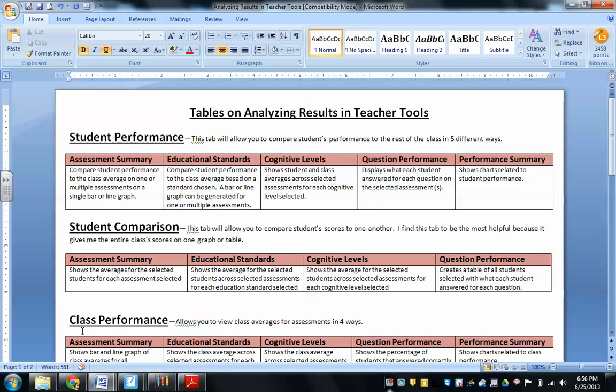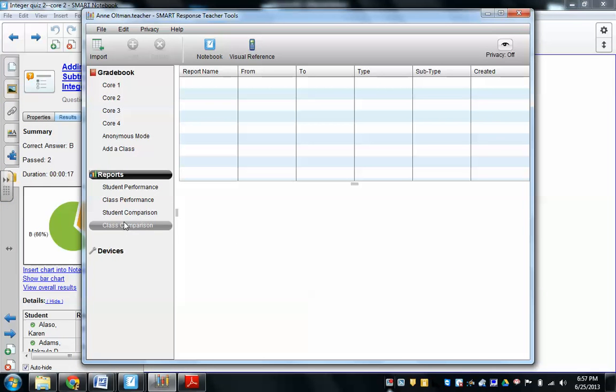This is linked with all the other links to the Smart Response training. You can find this link. Click on it and you'll see this table, which gives a definition of what each type of analyzing option does. What I'm going to do is I'm going to go through what I think is the most useful, and that's